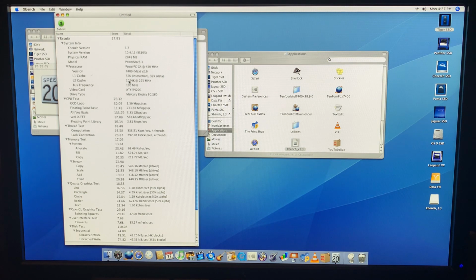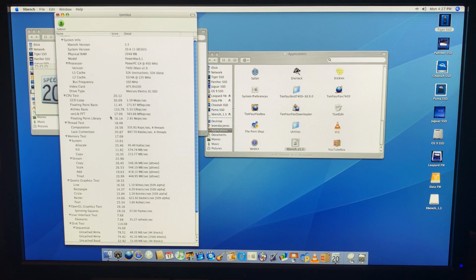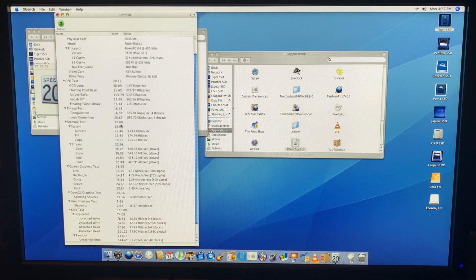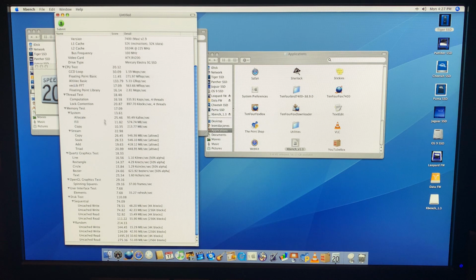Stay tuned. And our Xbench results are in. We have our overall score of 17.93. That's a good 5 points higher than the blue and white was able to accomplish. CPU test 2012. We'll be able to save this. Thread test, memory test 1709. Now the Quartz graphics 1833 and OpenGL 2916. That's actually pretty good. Disk speed,